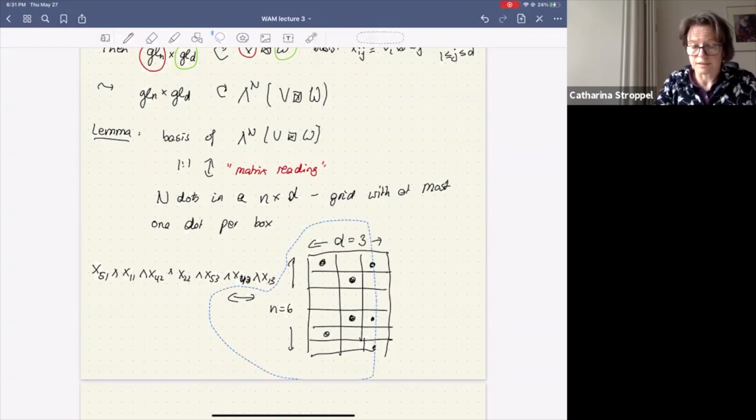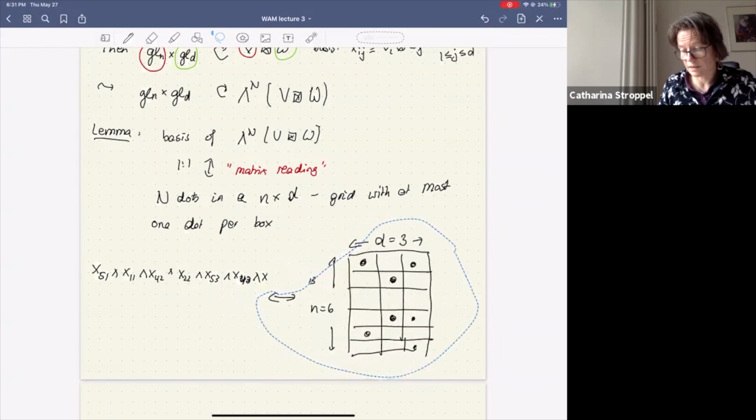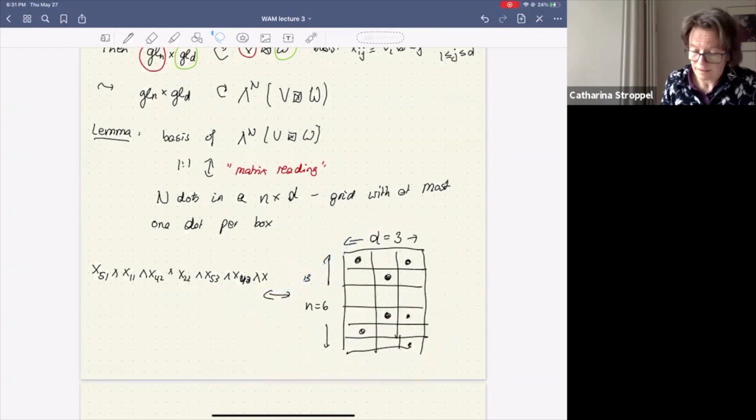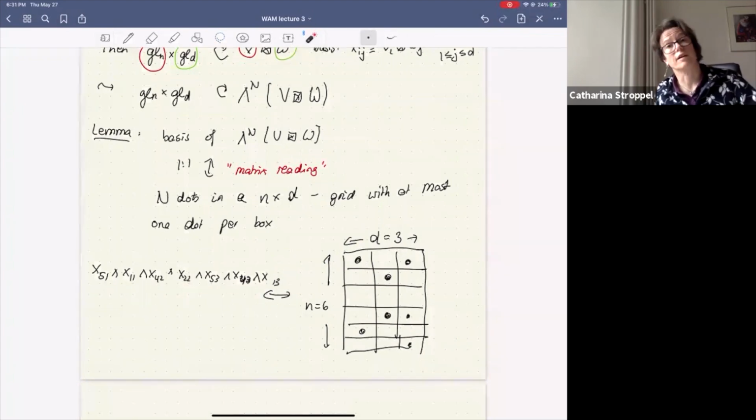filling of this box with some dots, n of them. I can create a wedge product which has, by definition, the length, the number of the dots, capital N, and the first number is between 1 and n, and the second number is between 1 and d. And you can easily check that this gives, of course, a bijection between the bases in this wedge product and